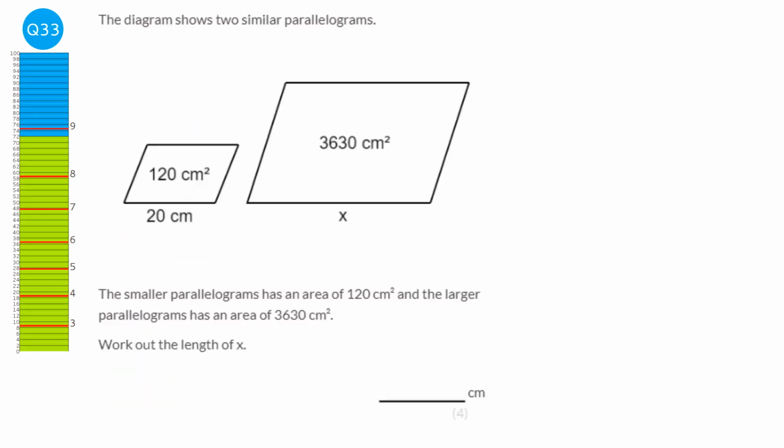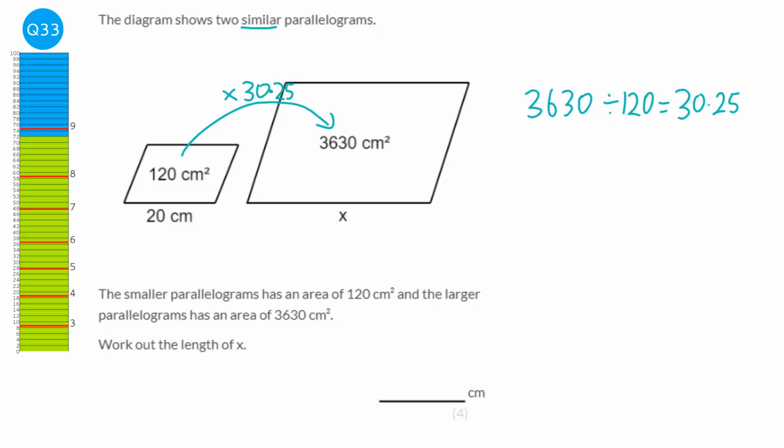We've got to first of all work out what the area scale factor is between these two parallelograms, and since they're similar, we know that there is going to be a scale factor. So we need to find out what I times the 120 by to get to 3630. So I'm going to do 3630 divided by 120, and that gives us 30.25. So we times the area by 30.25,